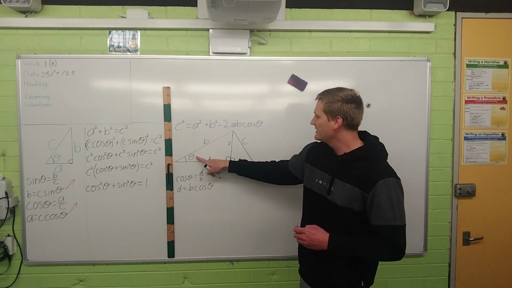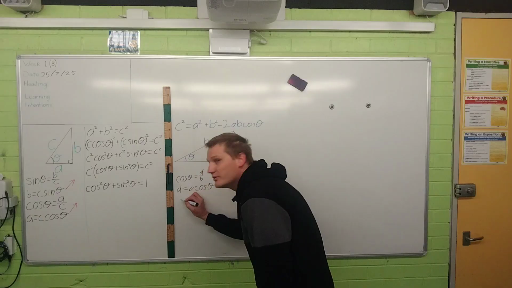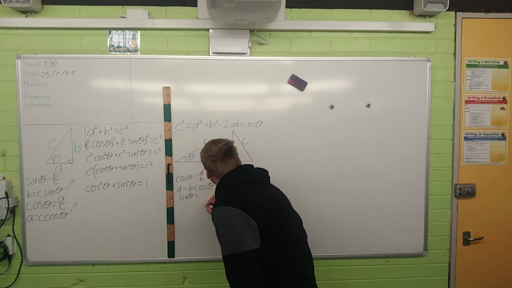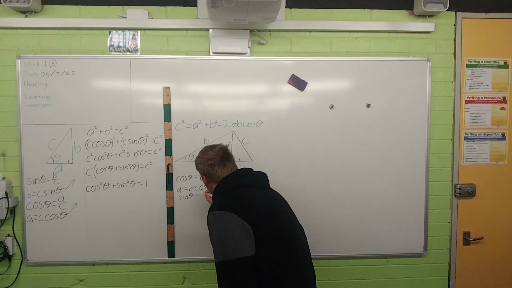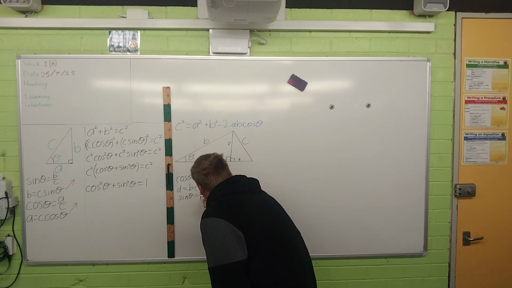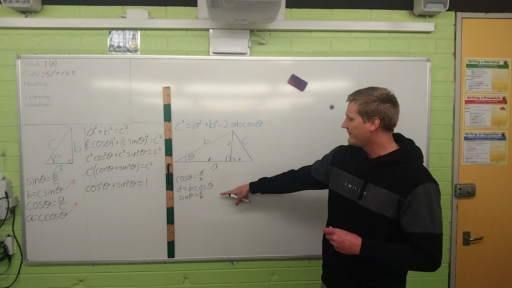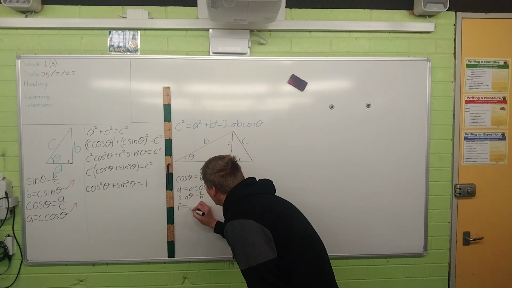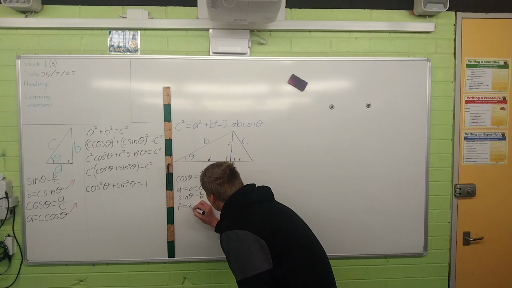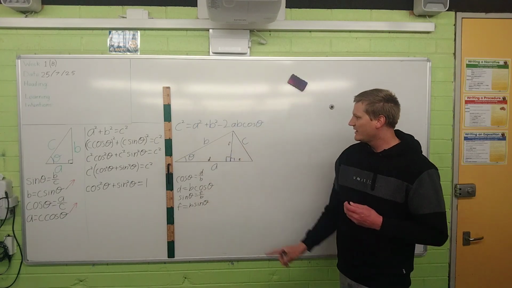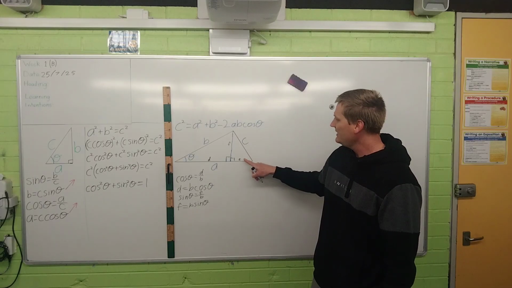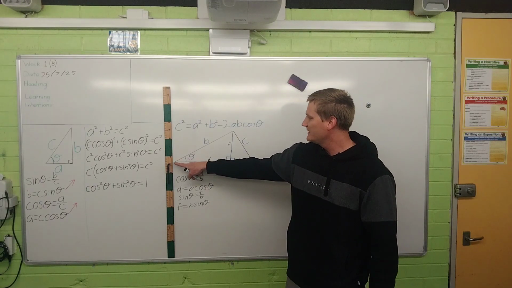Our F is opposite theta, so we'll use sine theta equals F over B. Solving for F gives F equals B sine theta, and then all we need is our E, and E is equal to this length